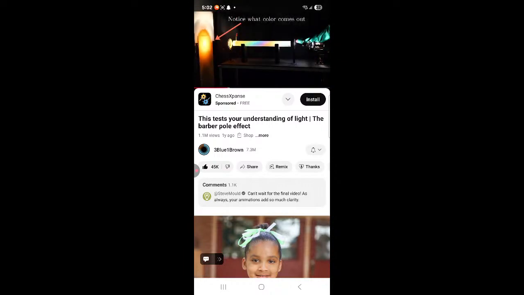It's all because after it goes through the first one, it just keeps bouncing in different directions. Those directions are what make those different colors. And then once it's able to get on the outside,